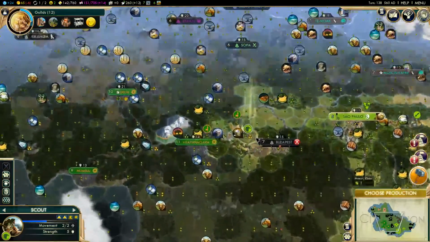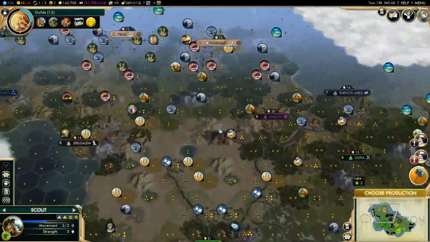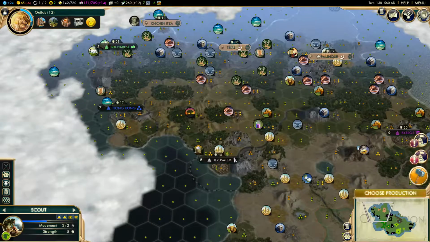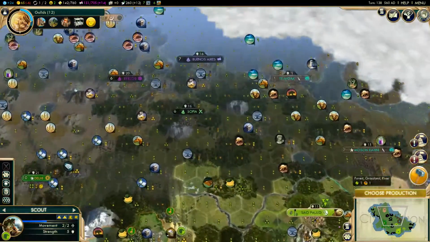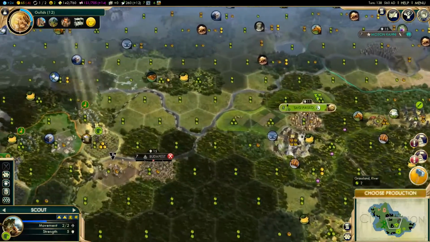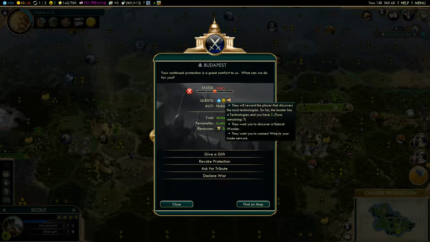So, where do we want to send our scout now? Are there any good spots to send our scout? I mean, we've got this snow up here we never did fully scout. This area down by Hong Kong. I think what we need to do, though, is bring our scout back within our borders and actually within our city. We're not even going to get the lead on the technologies because...